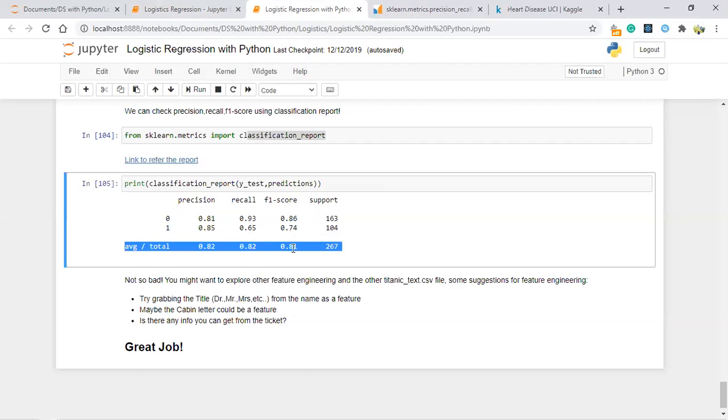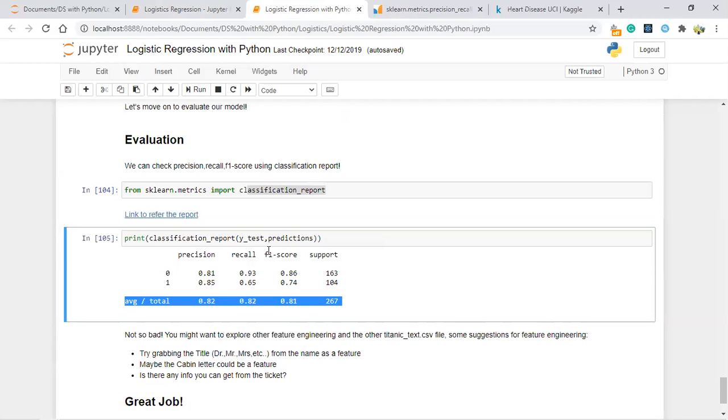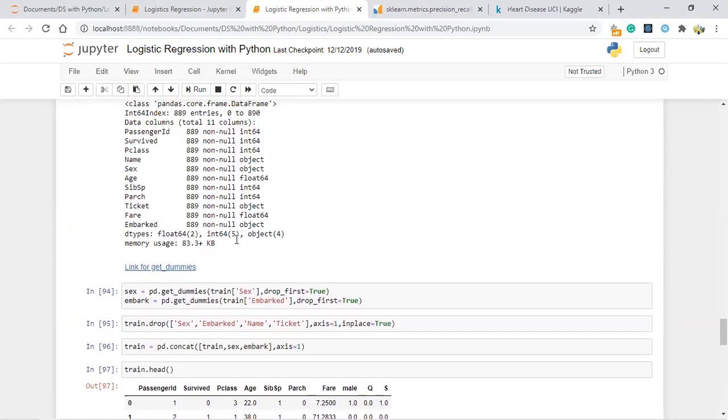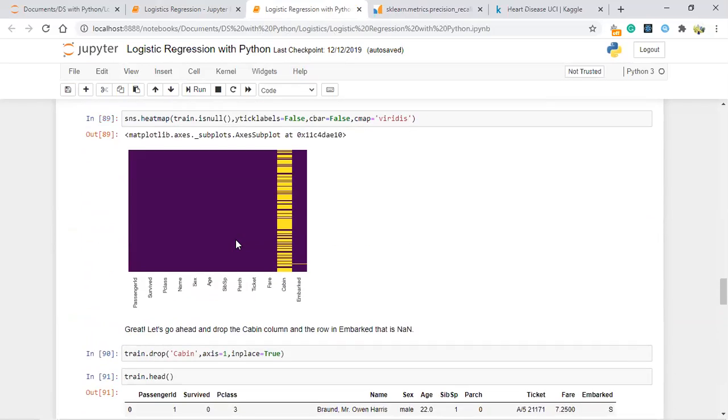Simply telling, logistic regression is zeros and ones. The sigmoid is the formula applied in logistic regression. Only these 4 lines. For the evaluation of the logistic regression, we apply this classification report. So this is the concept behind logistic regression. Did you guys understand, or is it very confusing?